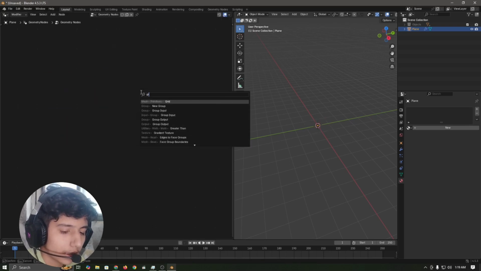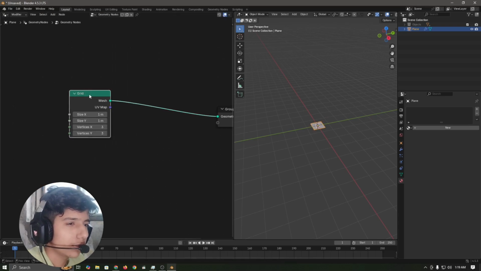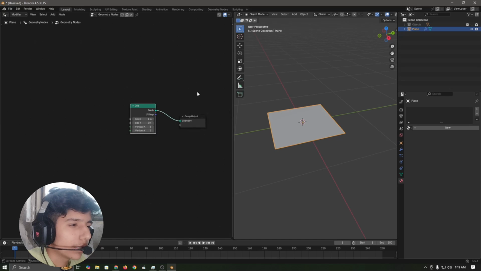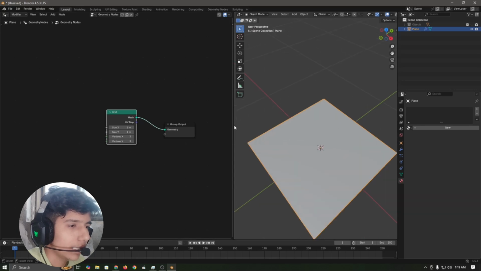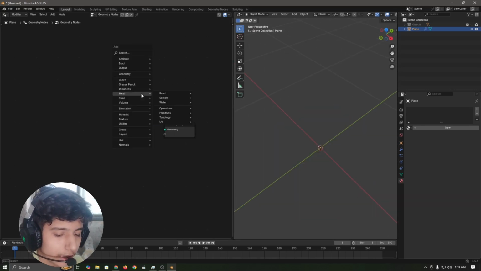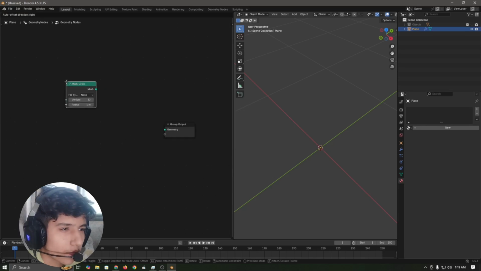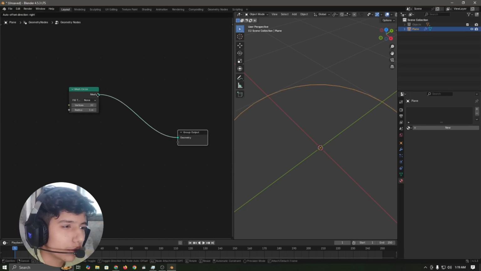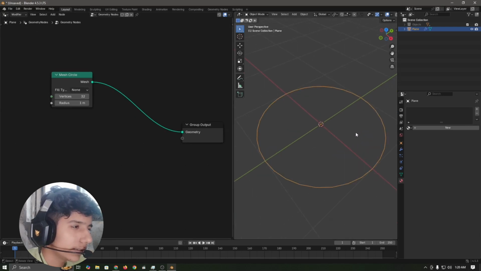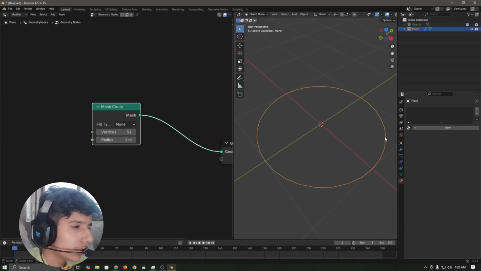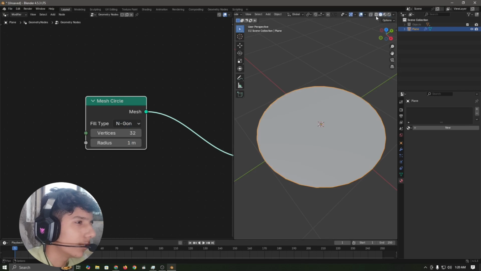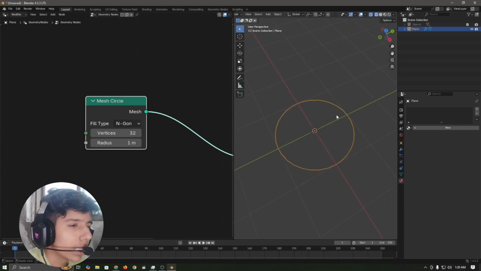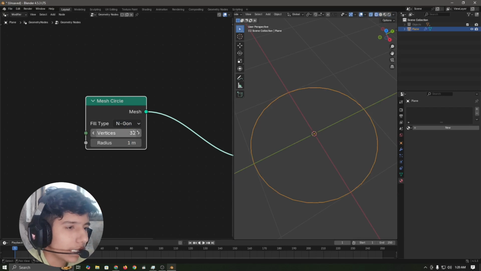Now if you guys want a plane mesh, you guys can use grid as well, but in my main scene I used a circle instead of this plane. So now if we add a circle here, circle mesh, and plug it into this group output, we can see that it's a circle but it's not filled these faces. Even if we set the fill type to n-gon, when we go into wireframe mode, we can see we don't have faces here at the center, which will create issues for us,